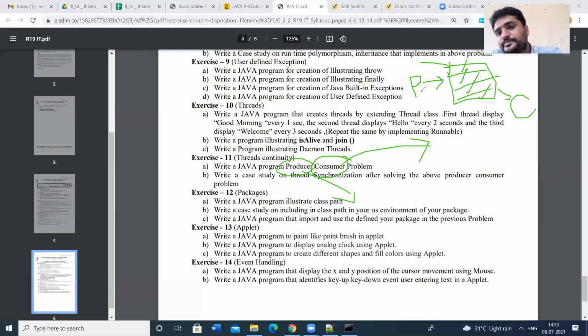Suppose the producer produces biscuits and places them in these shelves, and the consumer will eat the biscuits. Whenever he finds a biscuit in the shelf, he will take and consume it. That means he will utilize the items which are produced by the producer.